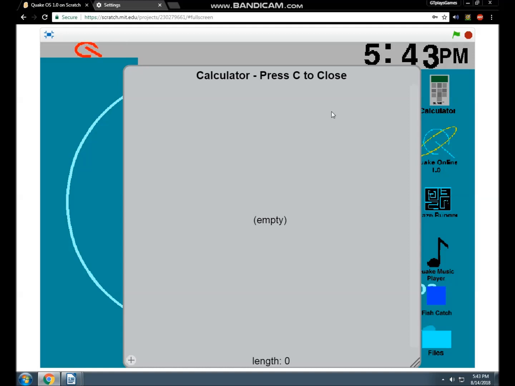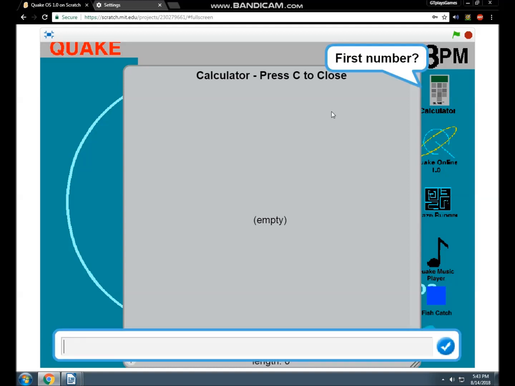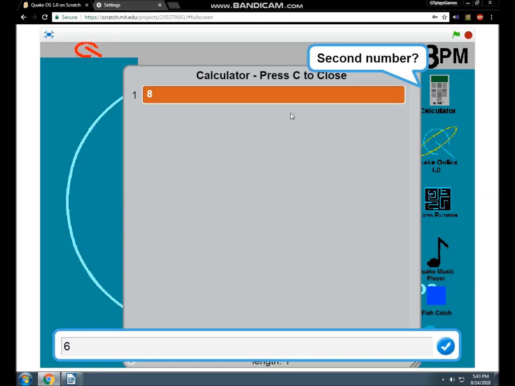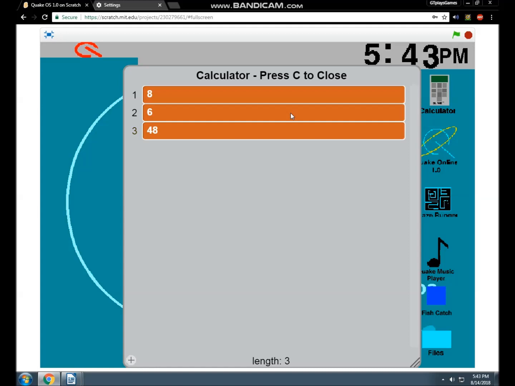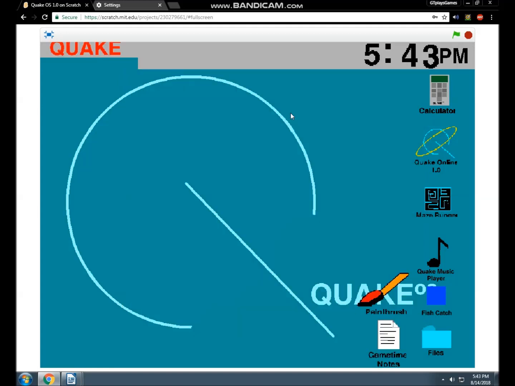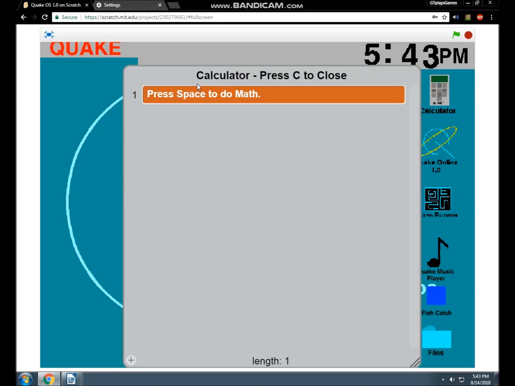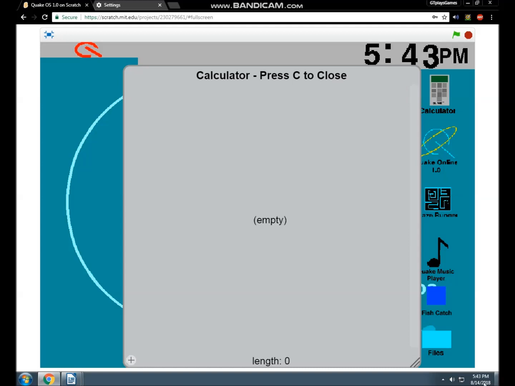I basically used the same code from that, and I copied it into that. But I added a couple tweaks to it. Like, first you need to click space, and that way it's gonna go right to it. And then say, like, I don't know, 8 plus 0, no, 6. And then you can just divide them. 48. There you go. And then click C to close that. And it clears too. And that's just for a couple seconds, and then it disappears.